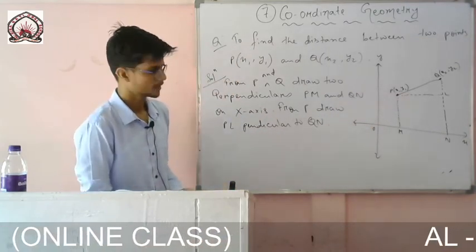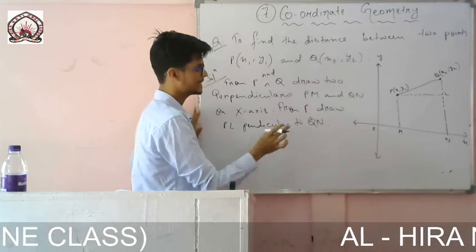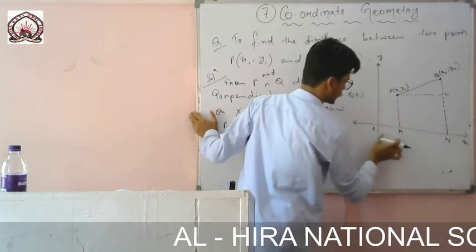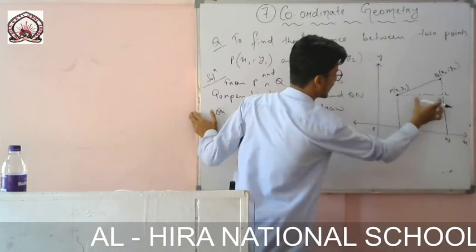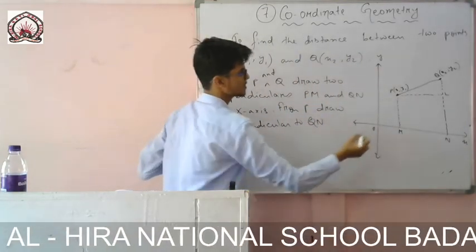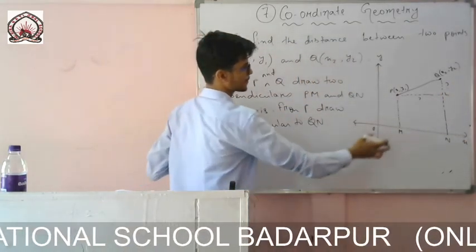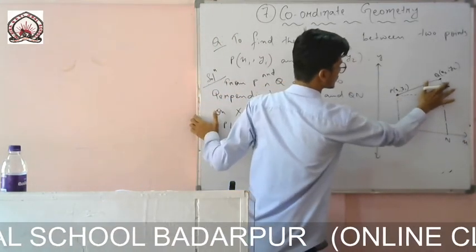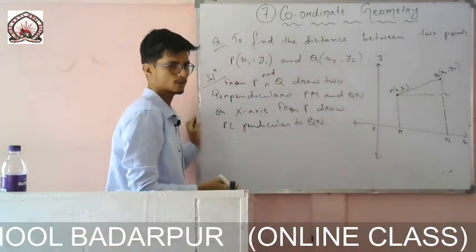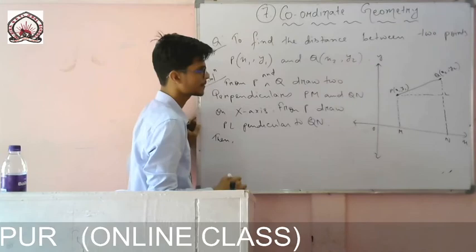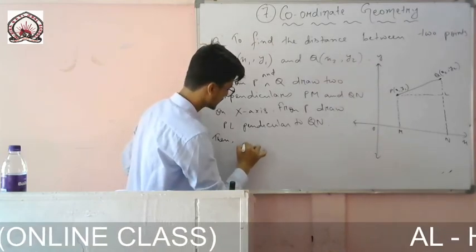So now I will try to find the value of each and every term. First of all, I will find the distance ON, one by one, because I need these 2 sides. Then only I can use the Pythagoras theorem. So let me write one by one. Then OM, what will be the distance?